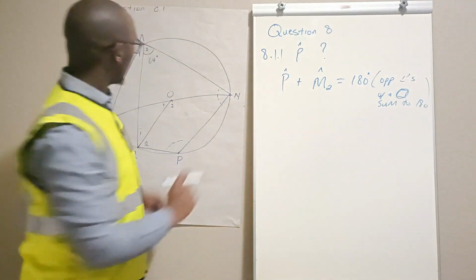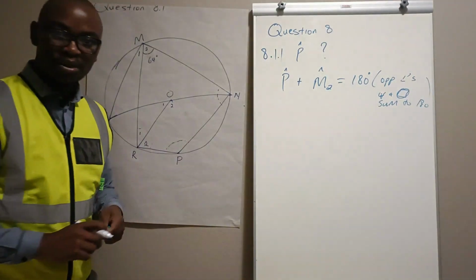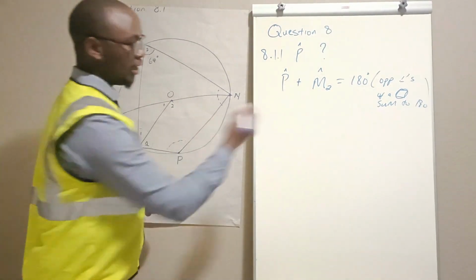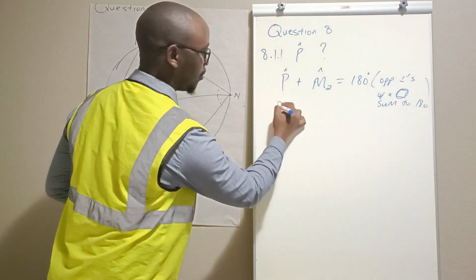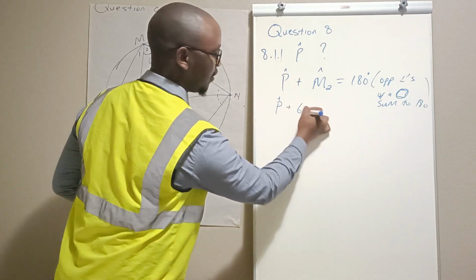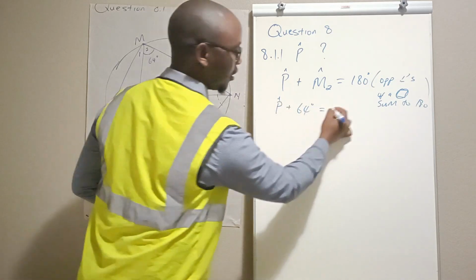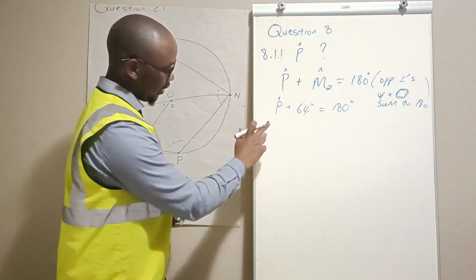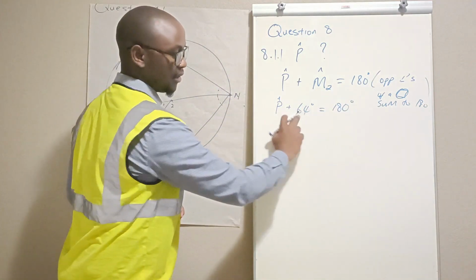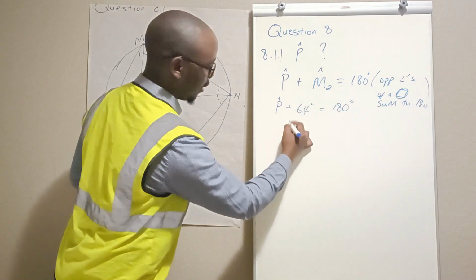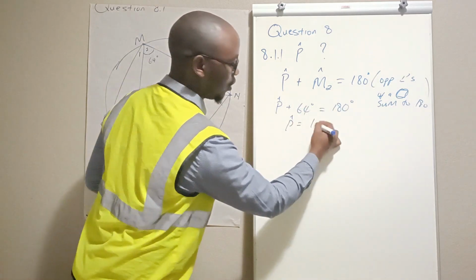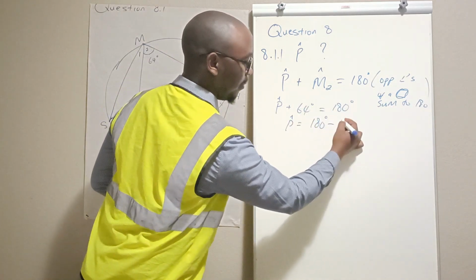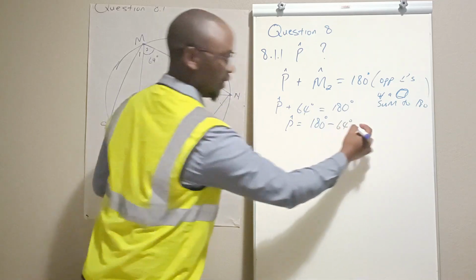The angle of M2 is given as 64 degrees, so we can easily substitute that there. P plus 64 degrees is equal to 180 degrees. To find the value of P, we must take 64 to the other side. Therefore, P equals 180 degrees minus 64 degrees, and the answer should be